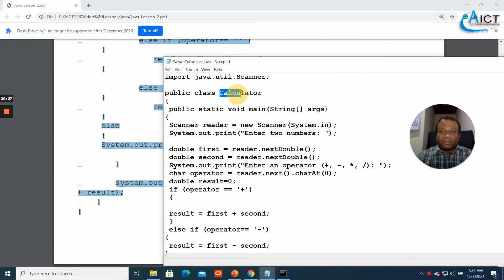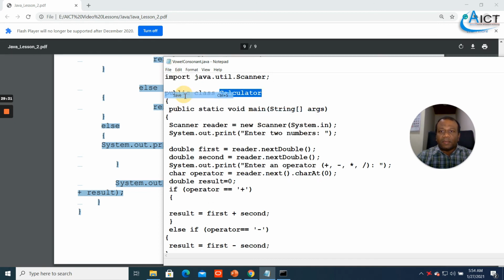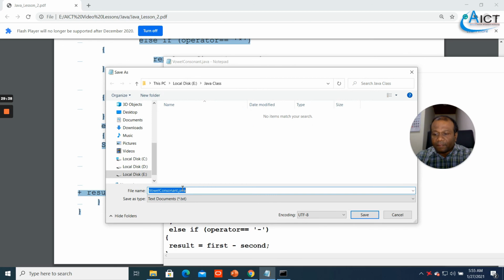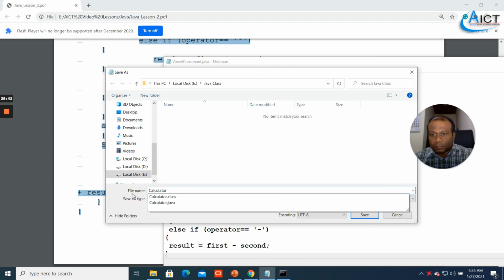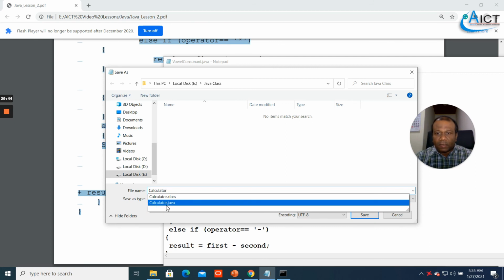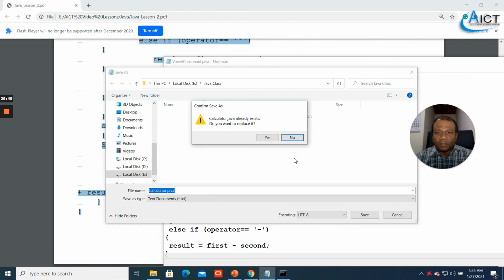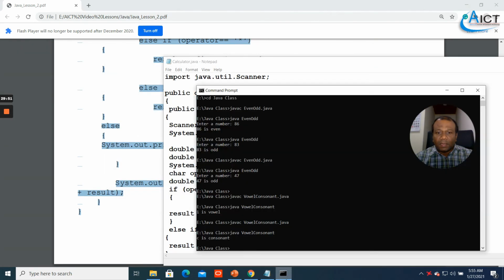So we will save this one and run and see. I think it's already saved right now, no problem. Save as Calculator.java. I'll compile that one: javac Calculator.java.